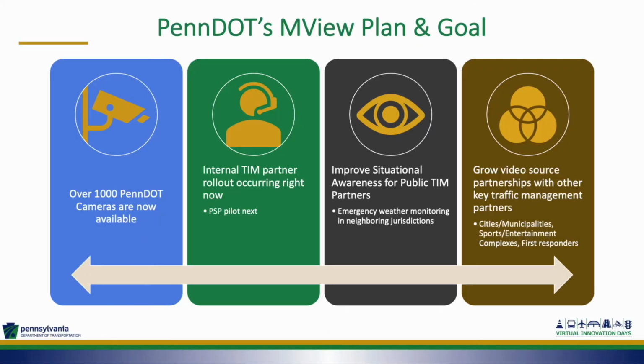Currently, PennDOT has over 1,000 cameras available on the MView platform. This number will continue to grow to expand situational and operational awareness on our roadways. We look to expand access to our TIM partners, especially PSP, who we will start a pilot with here in the near future. With the MView platform, improved situational awareness for public TIM partners becomes a big factor, especially